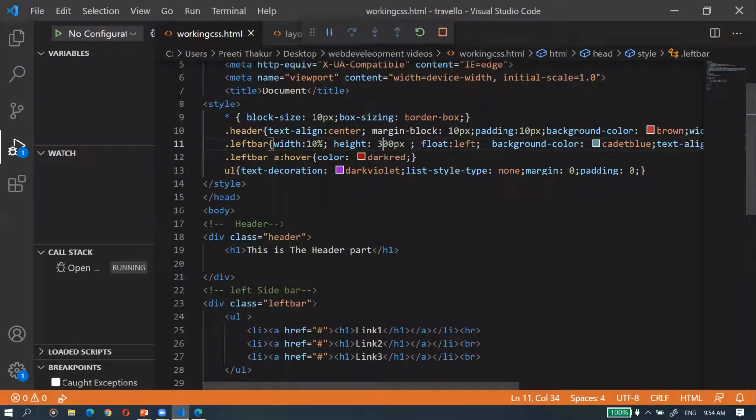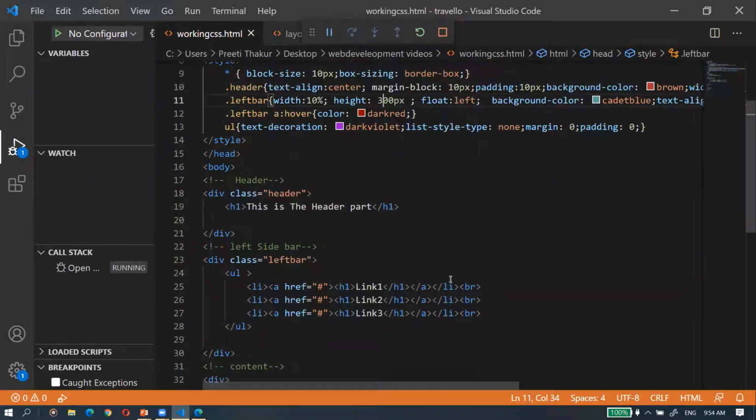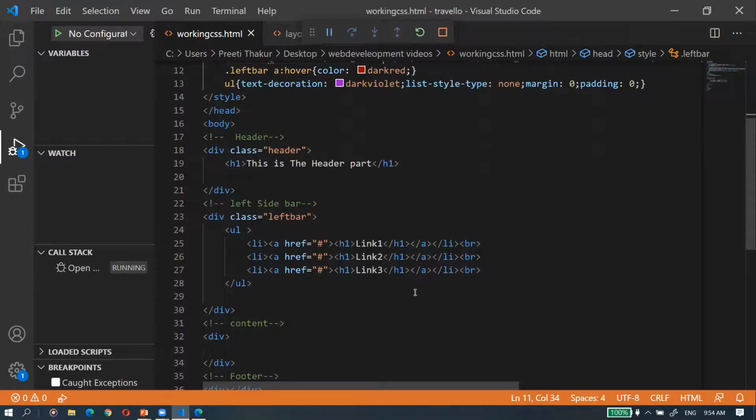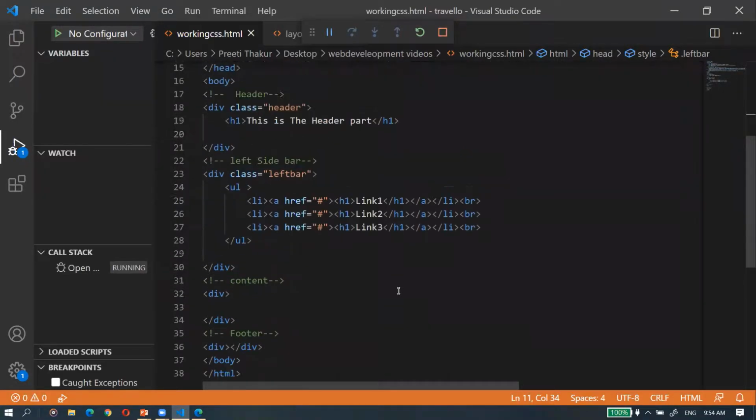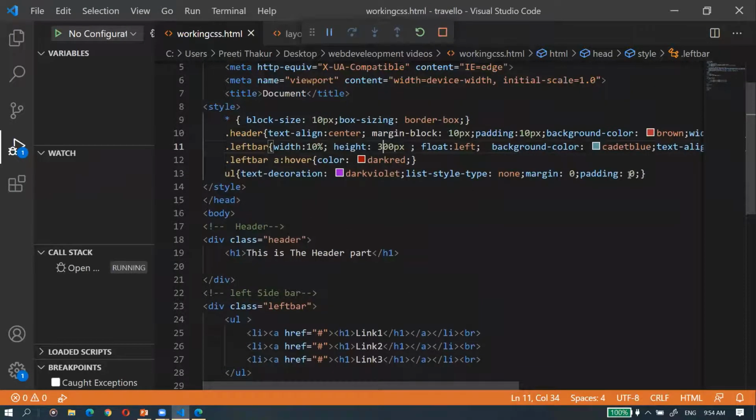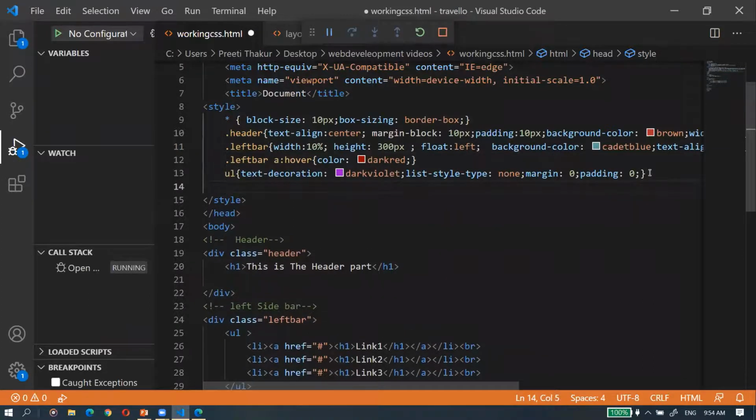Okay, now for the content part, the second column of the second row. After the left sidebar, we will be creating a division or a section for the content. So I'm creating a class called content here. So for the content class, now for the content, the text should be aligned.